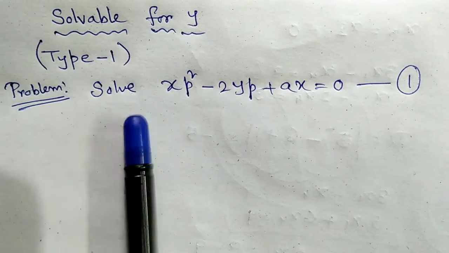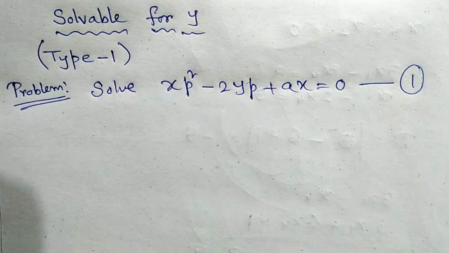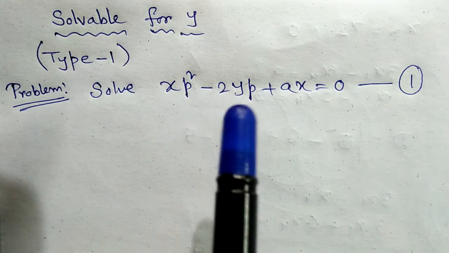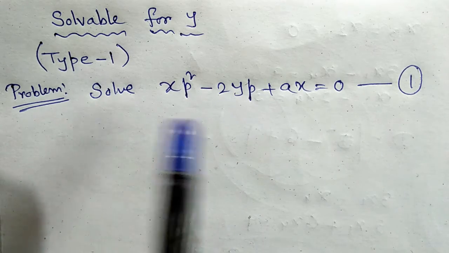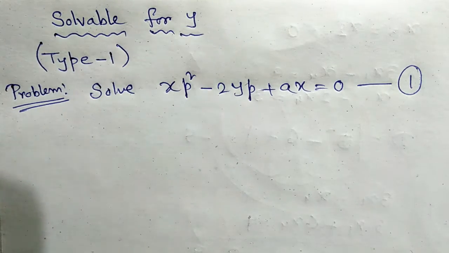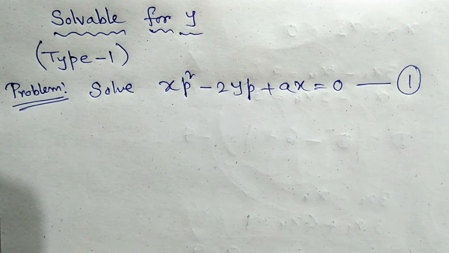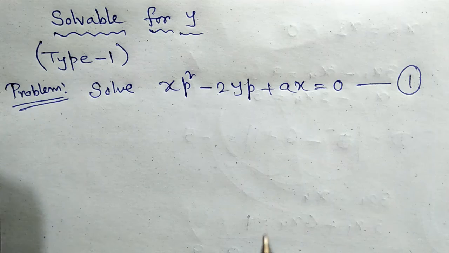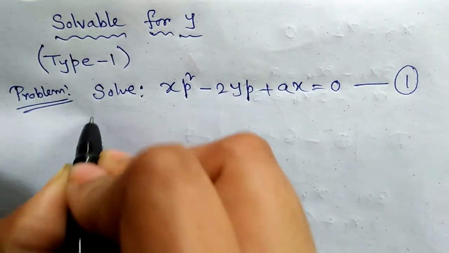And the problem is like that: x p square minus 2yp plus ax equal to 0. See, in this equation there is only a single term containing y. So we go to solvable for y. Similarly, in case of solvable for x, you can see that in the equation there is only a single term containing x. So coming to this problem,